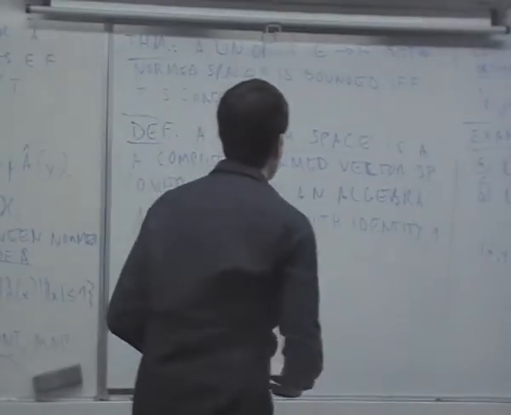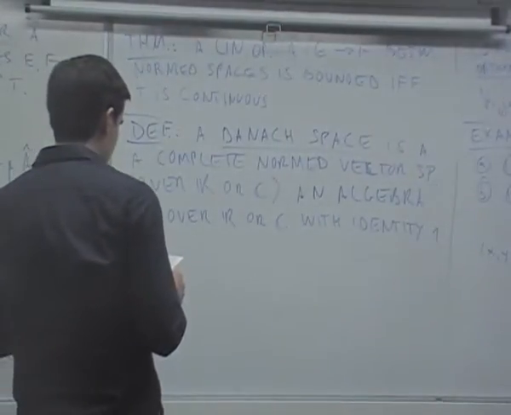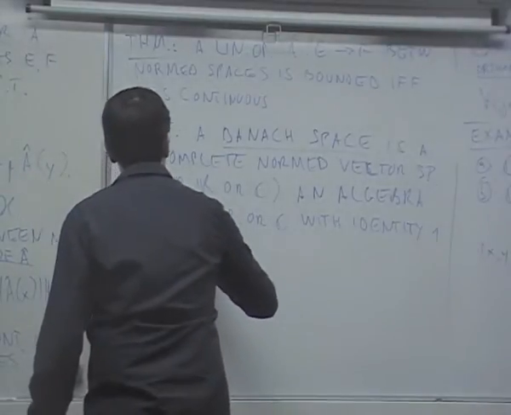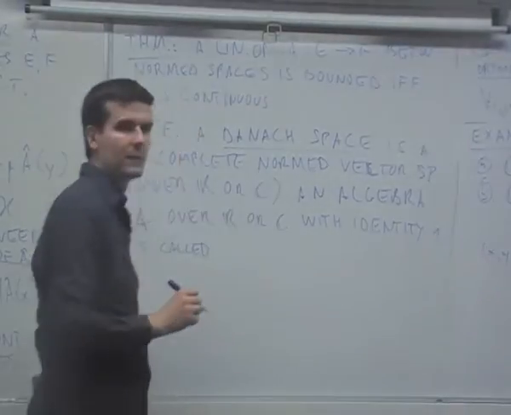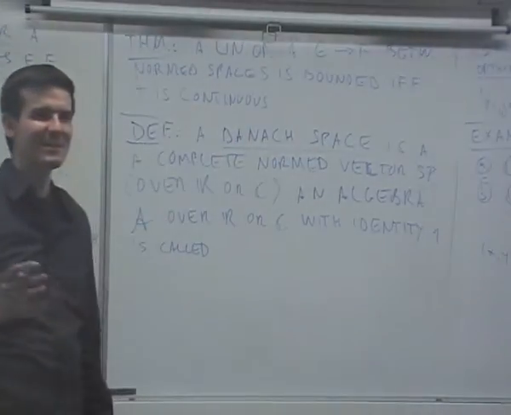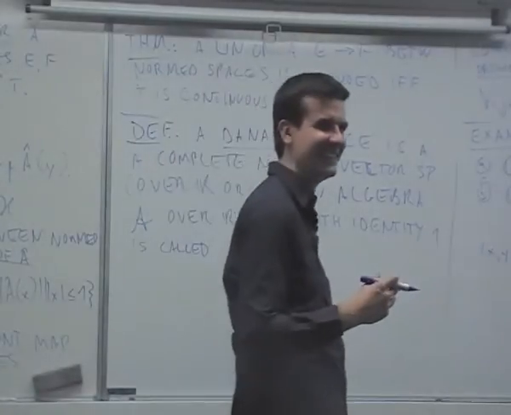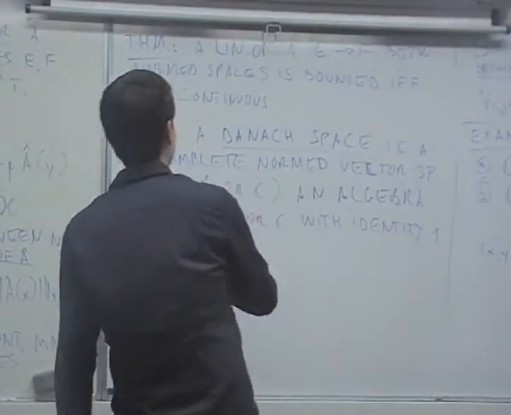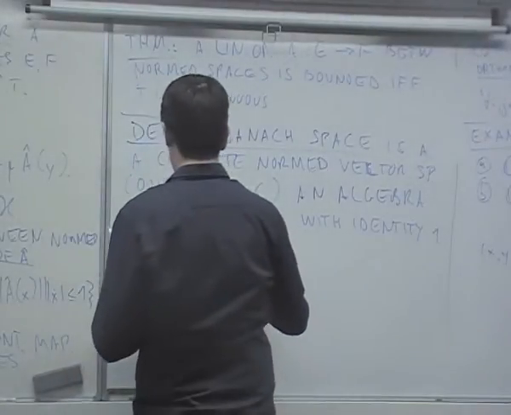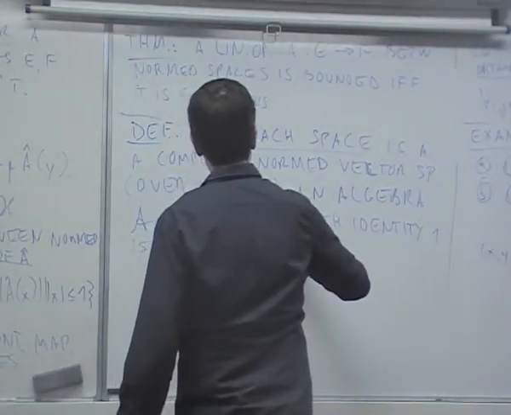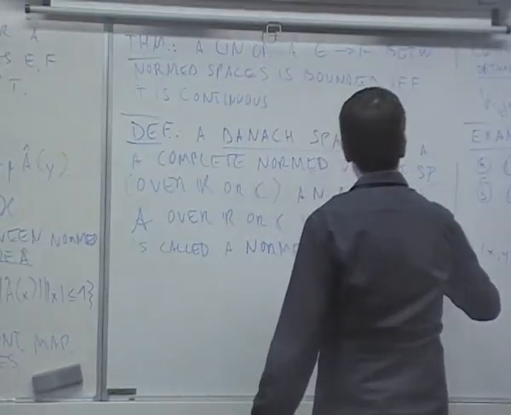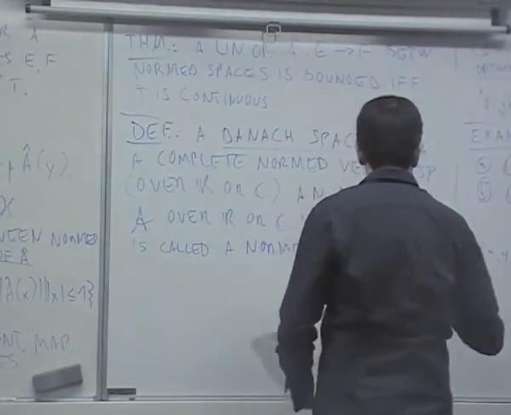So, an algebra with identity called 1 is... any heavy machines coming through? Okay, so we have an algebra and it's called a normed algebra